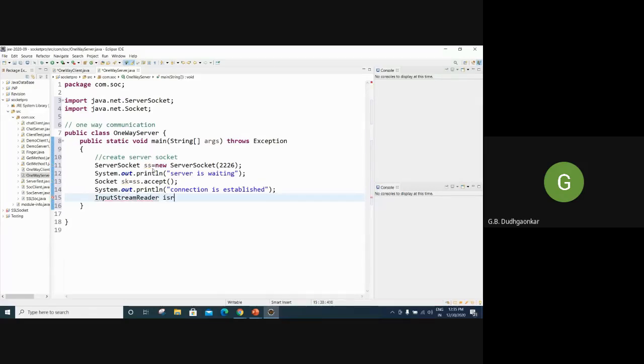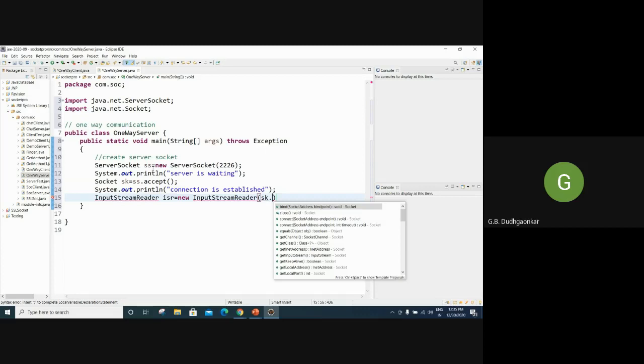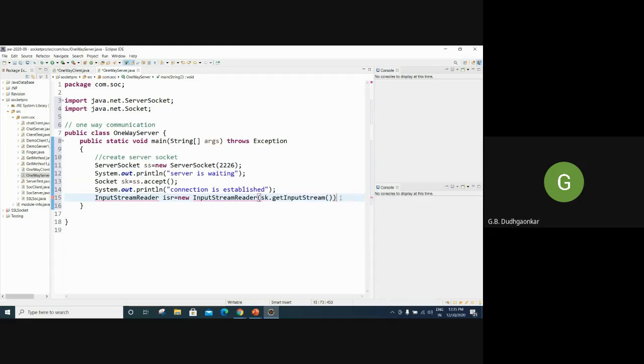We can create one more object of this class. Then InputStreamReader: in the constructor, we have to use the socket object, and then getInputStream. This is the input stream for the socket. So just use it.